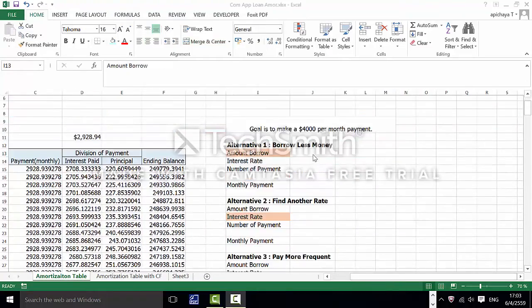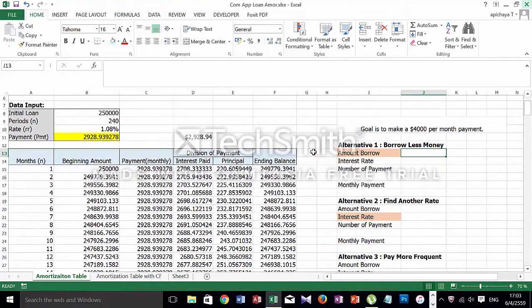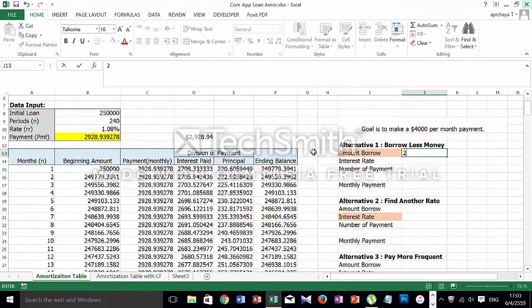For example, I want to find the maximum amount I could borrow given I can pay $4,000 monthly and holding all else equal. Here's what I could do. First, I'm going to type the initial amount borrowed, which is 250,000. The interest rate 1.08%. Number of payment 240. And the monthly payment here,